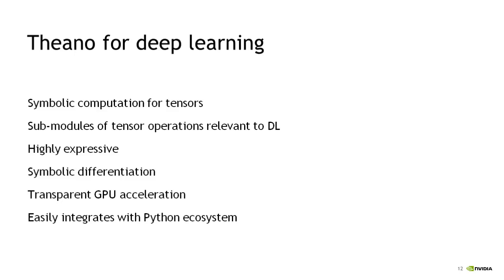And as I mentioned, you get this benefit that Theano is integrated within the Python ecosystem. So it's very easy to build Theano applications into larger Python data analytics applications. But at the same time, Theano compiles down to efficient C and CUDA code, so you get high-speed computation and the ability to transparently leverage GPU acceleration. So I'm just going to dive into a few of those important topics in more detail and also explain what I mean by this symbolic differentiation, which is an important feature of Theano.